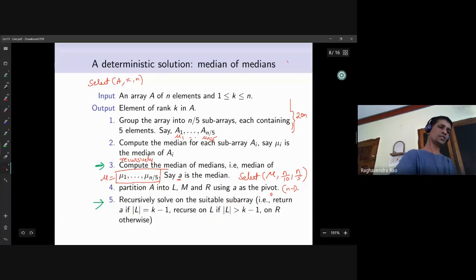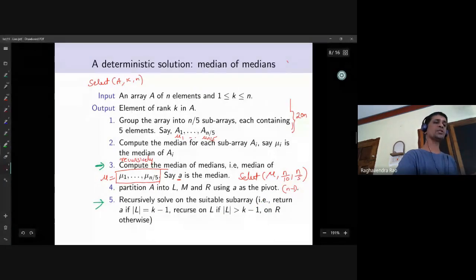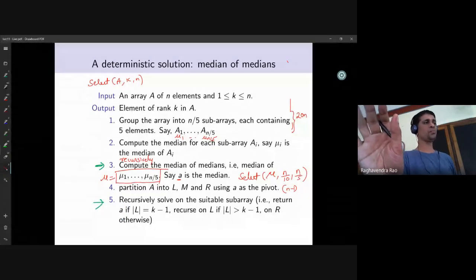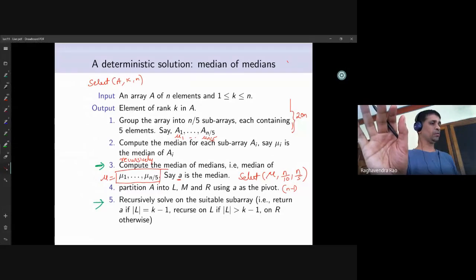So the choice that we made to recurse on is correct. And then again, by induction hypothesis, the correctness follows. Because we know that the size of either L or R, wherever we are recursing on, is strictly less than n, at least one of the elements, in this case at least the pivot, is left out, right? That is the whole argument, but I would request all of you to write down the argument, just to convince yourself. It is important.